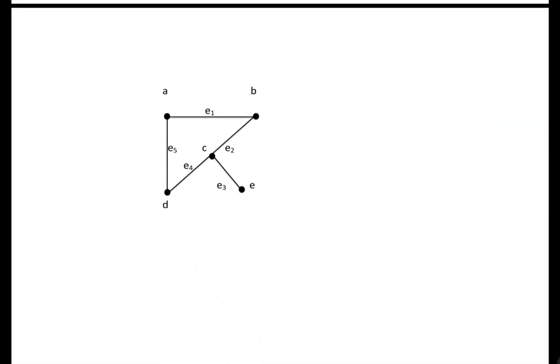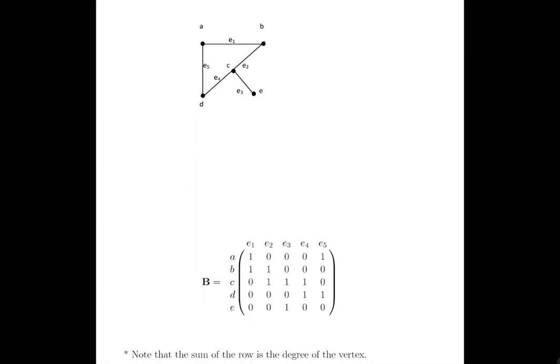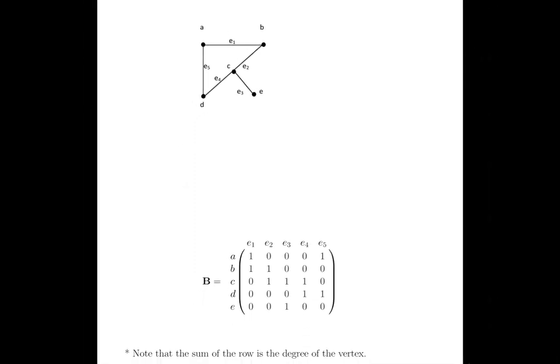Okay. So again, same situation. I've kept the same ordering of the vertices. I've just now labeled the edges. And again, we'll shrink this so it's all the same frame here. You take a look at the incidence matrix,